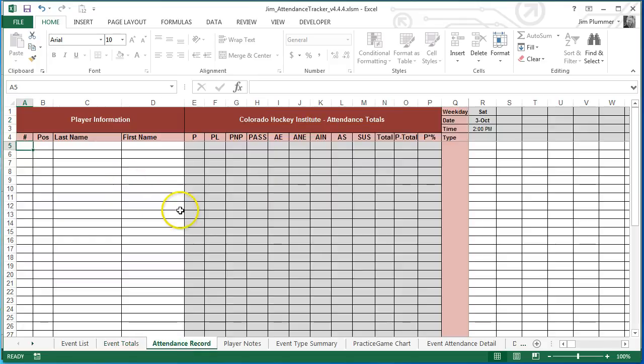This is your main attendance record. This is where your roster goes. So we're going to put in a few players here. Names in there. Now, the only other thing that you might want to do before you start recording attendance is